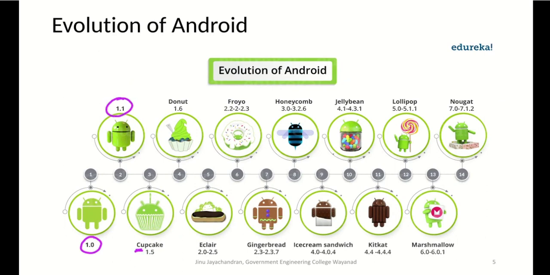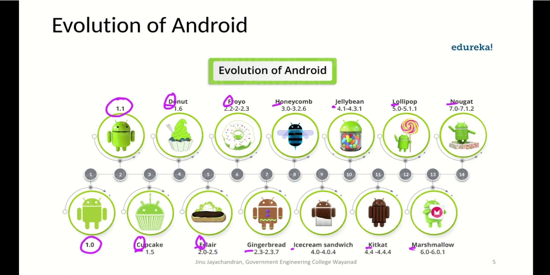Then came Cupcake, Donut, Eclair, Froyo, Gingerbread, Honeycomb, Ice Cream, Jelly Bean, KitKat, Lollipop, Marshmallow, Nougat, and now Oreo and Pie. The first letter always follows alphabetical order, and most of them are names of chocolates or